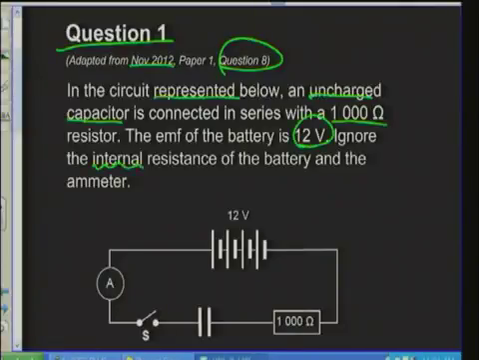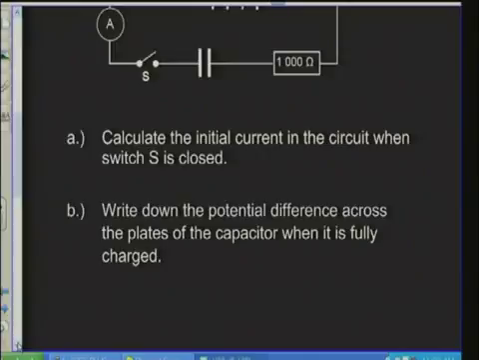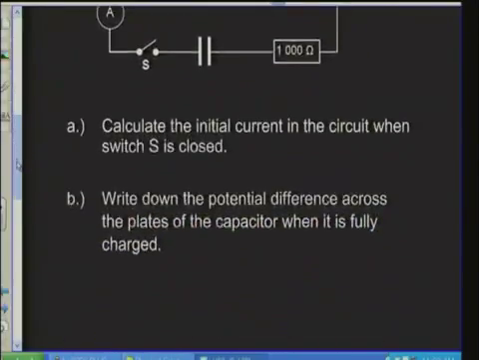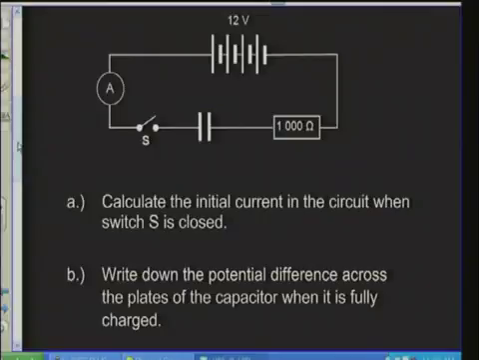Ignore internal resistance. Now this is a keyword. You need to ignore the internal resistance of the battery and that of the ammeter. Okay? And that is your circuit there. Calculate the initial current in the circuit when switch S is closed. So when this switch is closed, what will be the current in there? Now look, this is direct from Ohm's law. You've got current I equals V over R. Okay? And what will that be? So that will be your